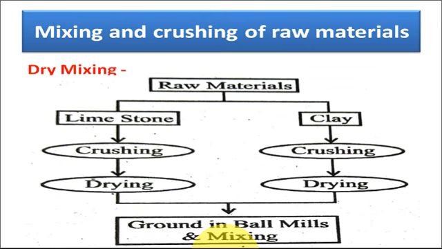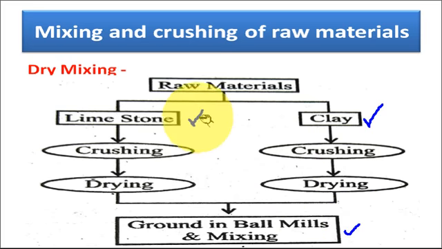What are the raw materials? Raw materials are calcareous material and the argillaceous material. So in the dry mixing, the raw materials limestone and clay are mixed without the addition of the water. So first, the limestone and clay are separately grinded. Crushing of the limestone rock and the clay rocks, argillaceous rocks, is done firstly. Second, all the moisture content gets evaporated from the raw materials,